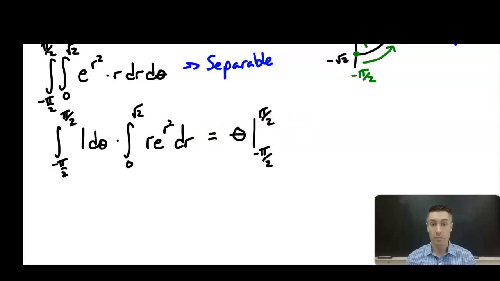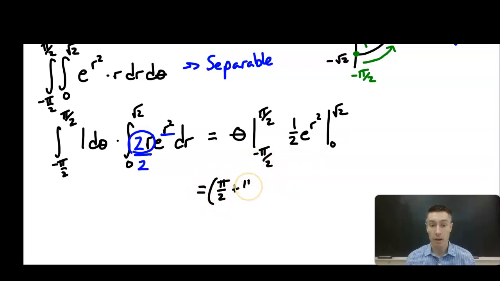And then underline r squared. If it were a traditional u substitution, that's your u. The derivative is 2r, so that would be your du, but adjust it by dividing by 2. So this integral is 1/2 e to the r squared, evaluated from 0 to the square root of 2. So that gives us pi over 2 minus a negative, so plus pi over 2. And then square root of 2 squared is 2, so 1/2 e squared minus e to the 0,